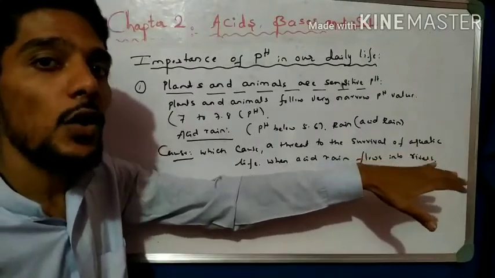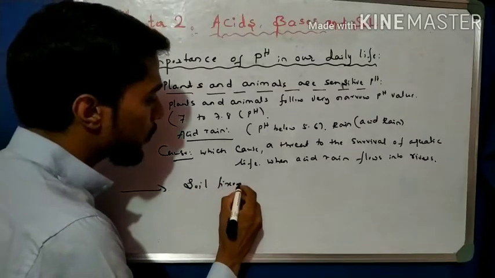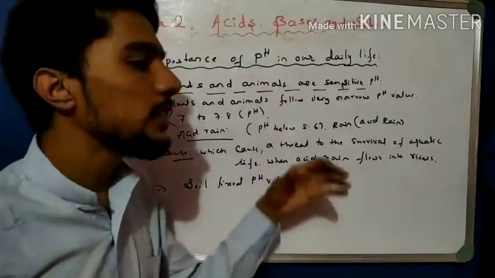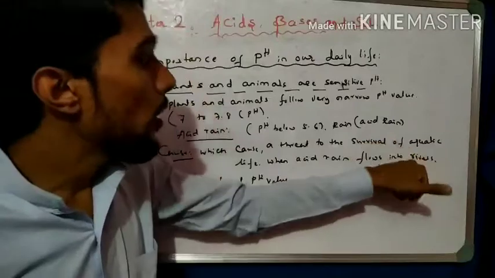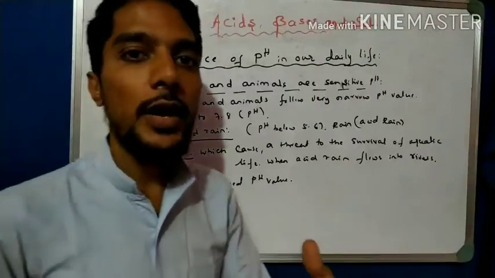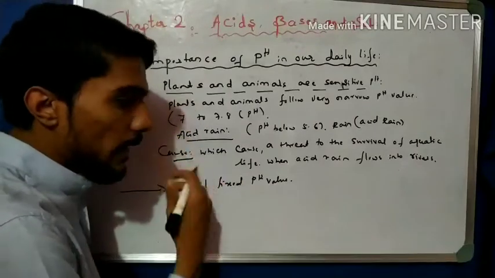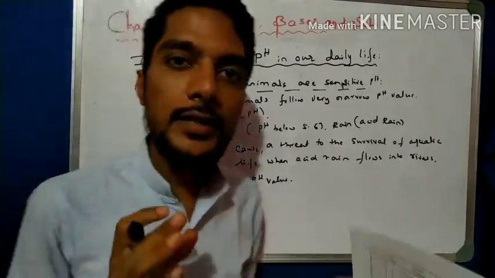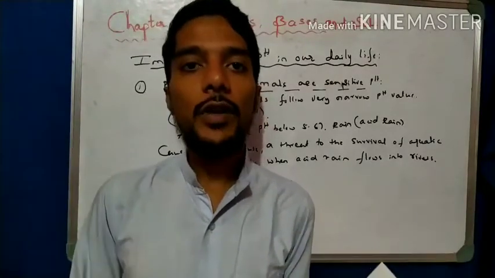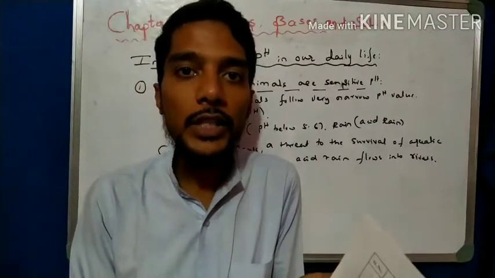Also the land soil is affected, because soil also has a fixed pH value. But when acid rain of 5.6 comes into contact with the earth, we observe that the pH of the soil is also disturbed, and that disturbed soil pH also affects crop production. That is why, when the pH value is less or more, plants are affected, because plants follow one exact range of pH value. If the pH value increases, that also affects them. If the pH value decreases from normal, that also affects them. So we have to maintain the normal pH value for the plants.